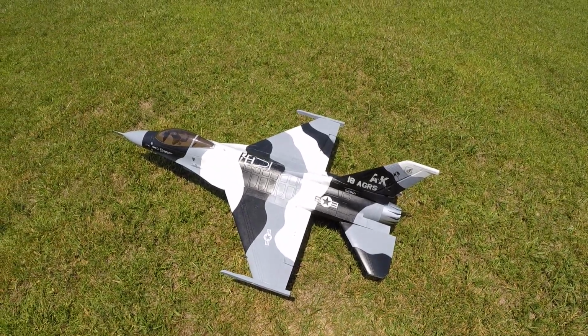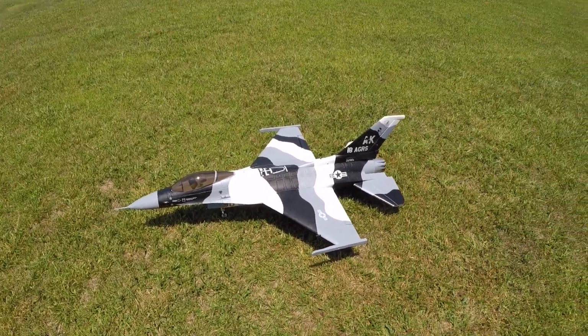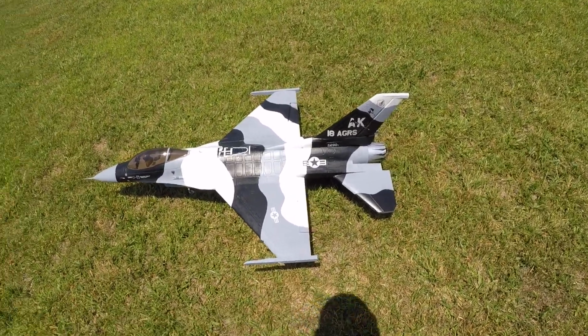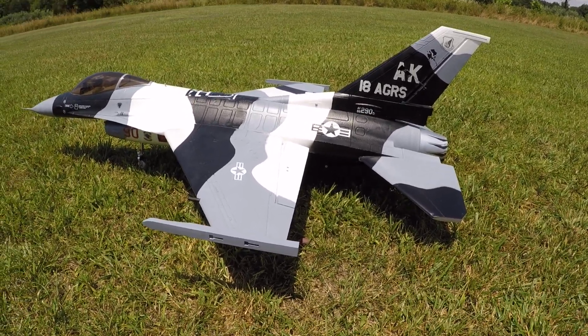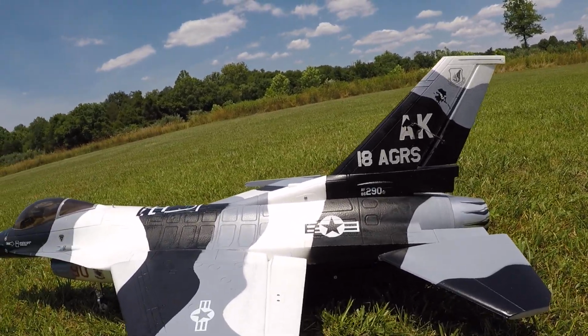Okay, back at the field this afternoon to maiden this F-16. Let's see, just to go over the setup for this model. It's running on the SMC 4400, just regular LiPos, not the high voltage ones. And the only modification has been to